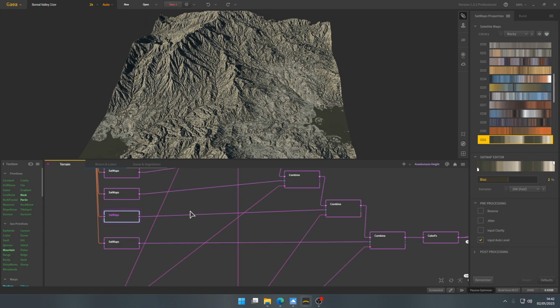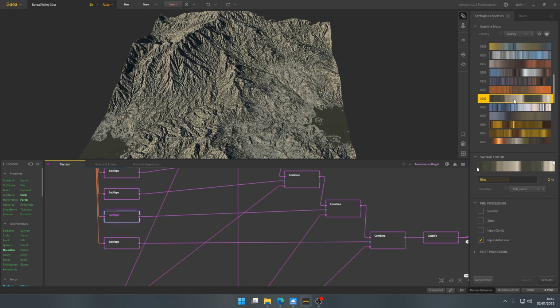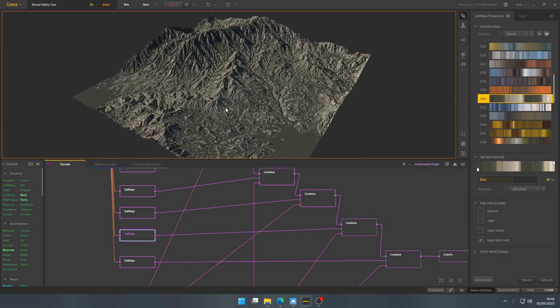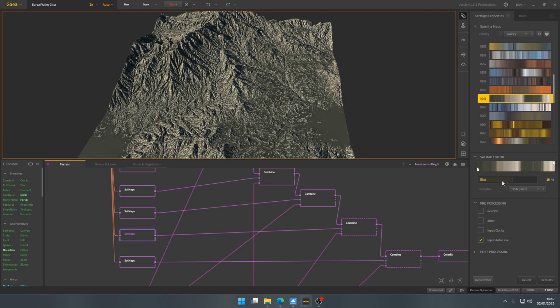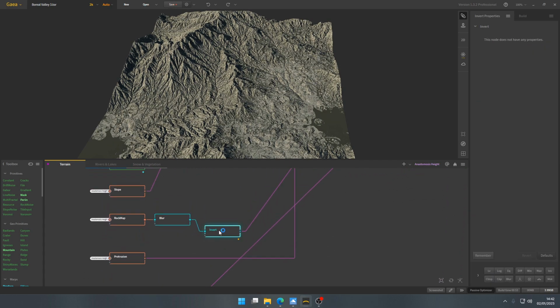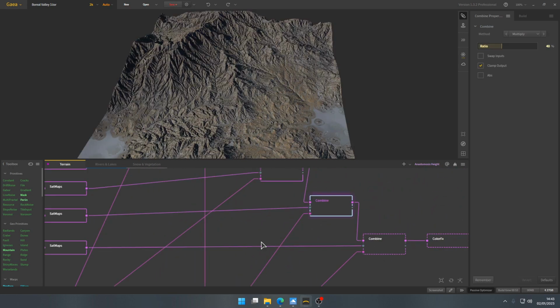Now I selected this set map, green with white colors. Yes, in some of the set maps I changed the bias. Now the bias is used to shift the color. For example, here I have a bias of 2% and it looks like this. If I go toward the right, I'll get more green, so like this, we have more green. Bias is very useful. I don't always use it, it depends on the map. In any case, I combine it using the inverted rock map as a masking node, so you get this result